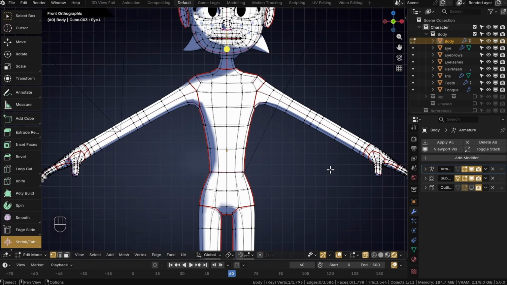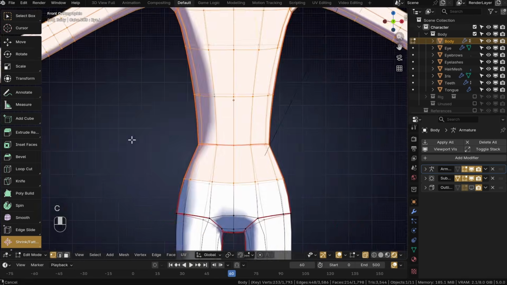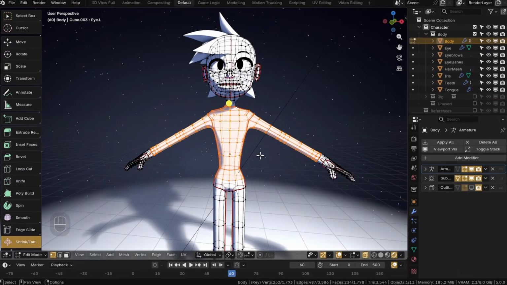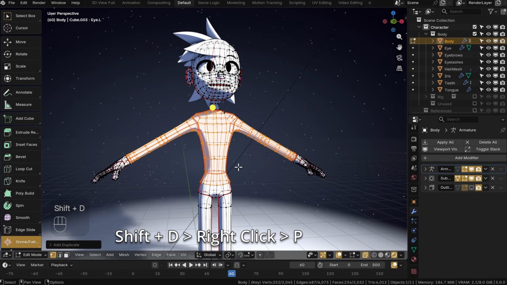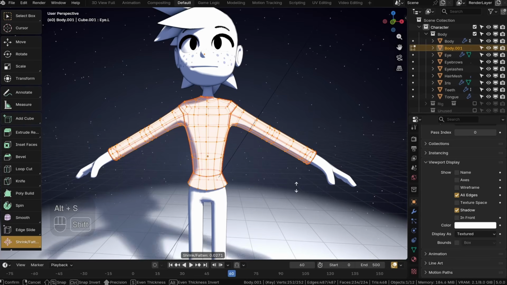X-ray view and brush select with C, or just whatever works. I'll add a sweater, so I'll select a bunch of the upper torso, and then all of the arms. Shift D to duplicate, right click to reset any movement, and P to separate into another object. Now in edit mode with the sweater, just Alt S to scale it out a bit to put it on